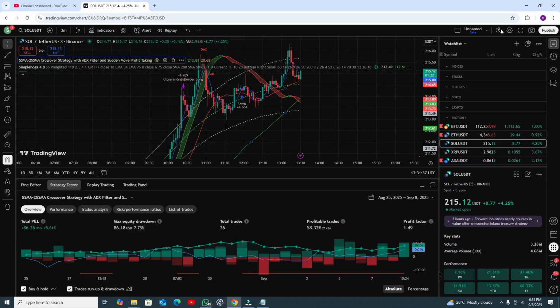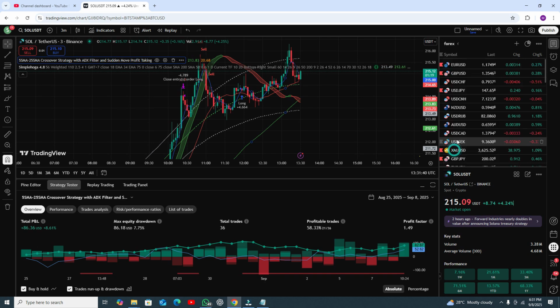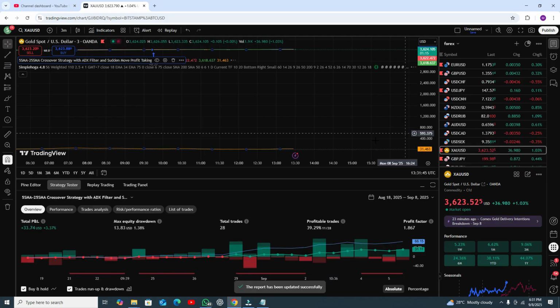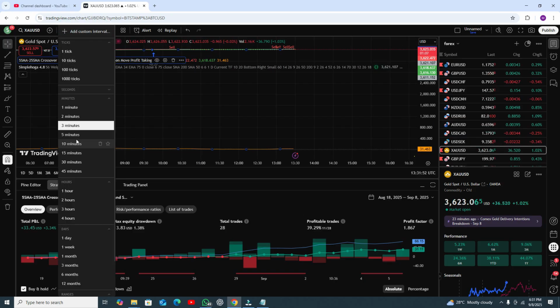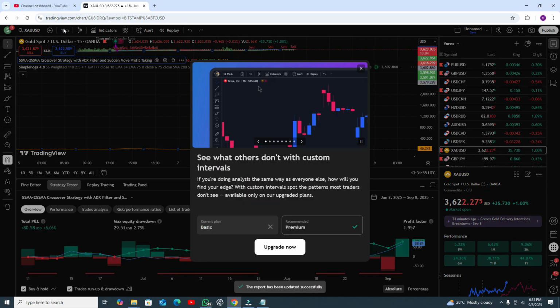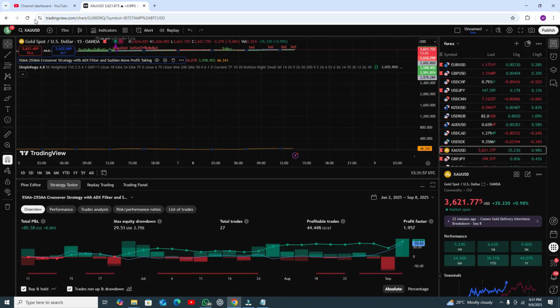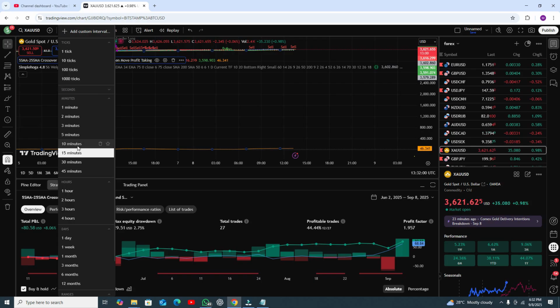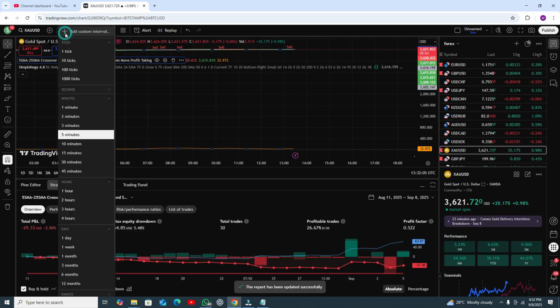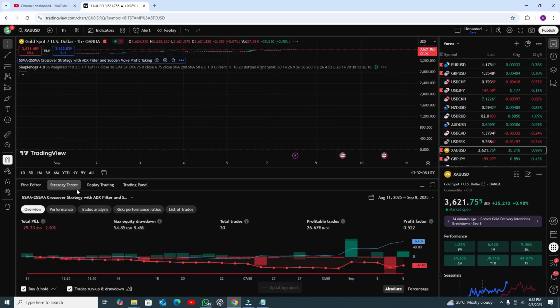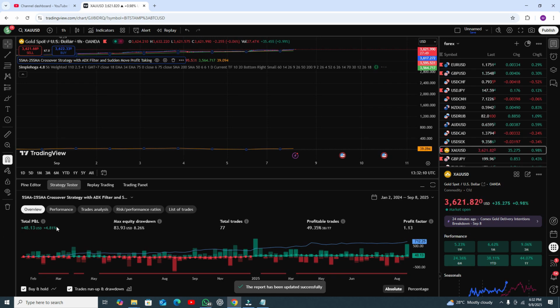If you go to a forex pair like euro USD or gold and test, on gold it is giving you 40% accuracy. If you see the results in the 15 minute time frame, you are getting accuracy around 44%, and in the 5 minute time frame you are getting accuracy of 26%. That's actually very bad. For the 1 hour time frame, 50% accuracy, and at the end it's giving you some good profit here as well.